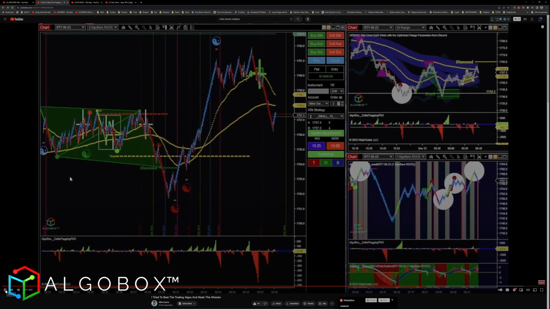Now we're starting to get a push. I should have got out maybe right there. We are right in between small and medium timing out there, which isn't a huge move, but